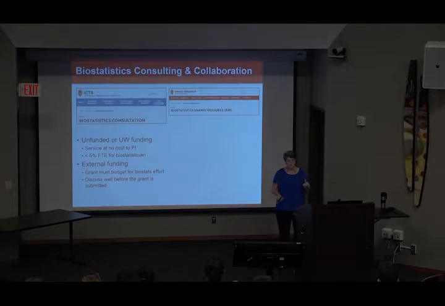So if you have external funding, they expect you to build in funding for the biostats support into your grant budget. And you need to discuss this with them well before your grant is submitted to make sure that they think you have enough time allocated and budget allocated for the stats that you expect them to do. And also the work prior to that, as you're doing your power and sample size, that can help with all that. And designing your database and that sort of thing.